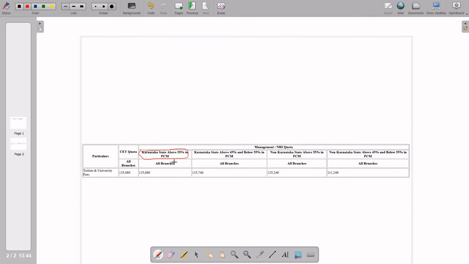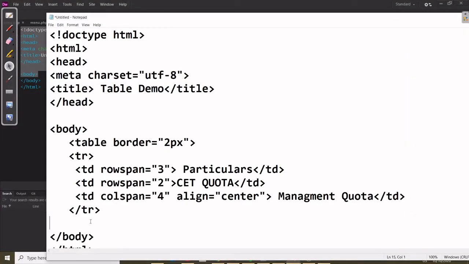But in that case, how many tds can we write in the second row? Only 4, because one is merged here, one is already merged in the particulars. 2 done out of the 6, so only 4 we can write. Clear? So in that case, in the second tr, we start the td.